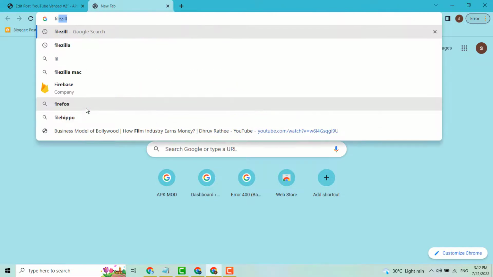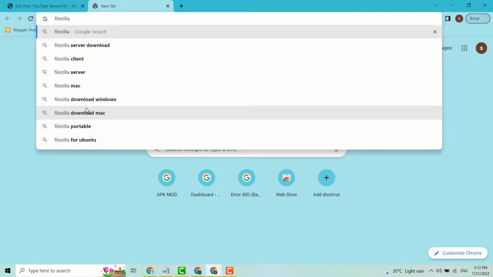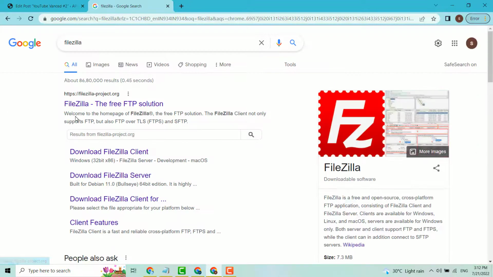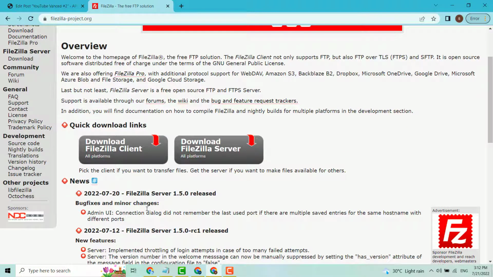So open any web browser and search FileZilla. You will see this official link. Select it, then select any version, download FileZilla client